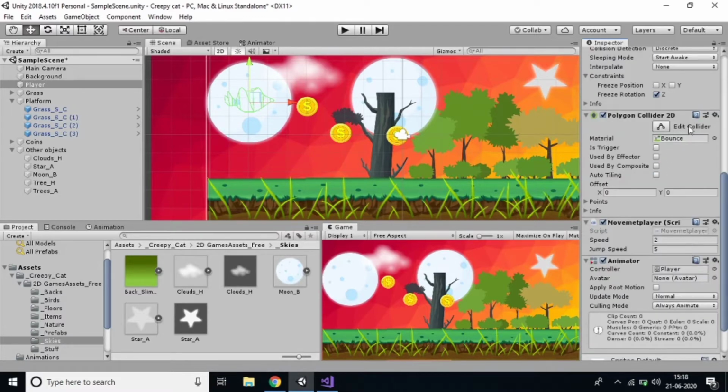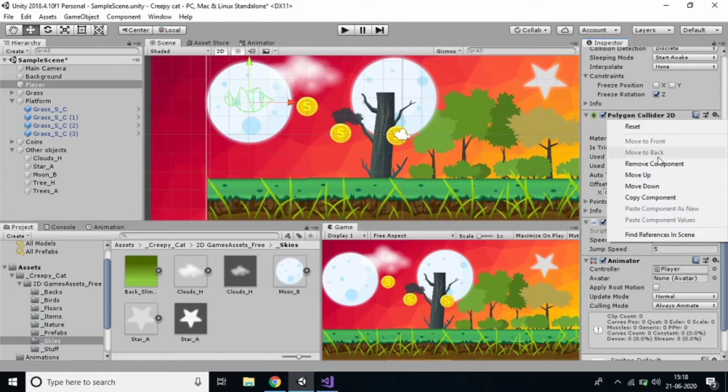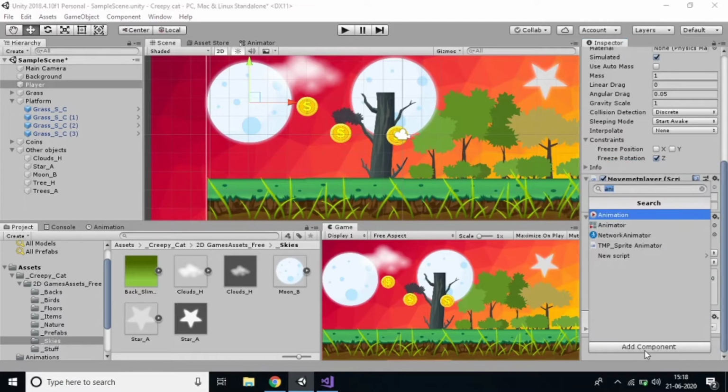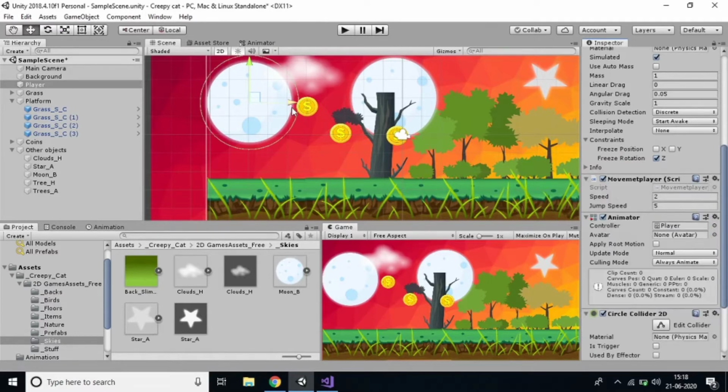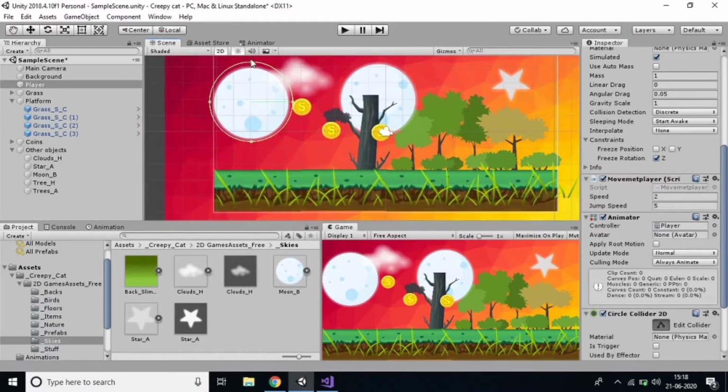You can remove the component and add a circle collider. Just add the circle collider, and you should adjust the circle collider. Not only this, for everything we have to adjust the circle collider. Yes, and I want to reduce the size also.